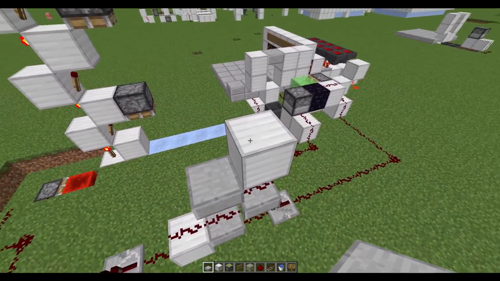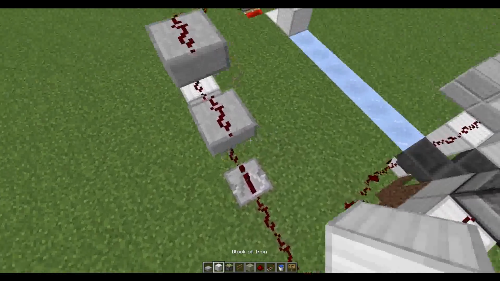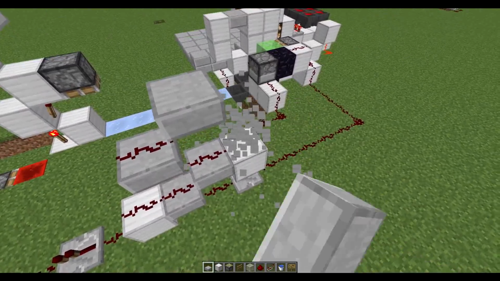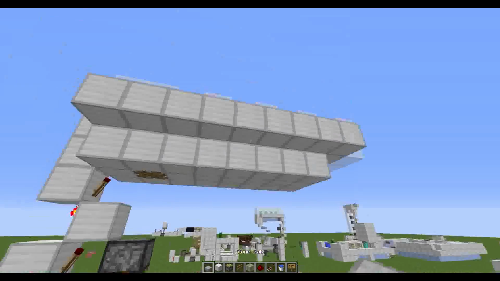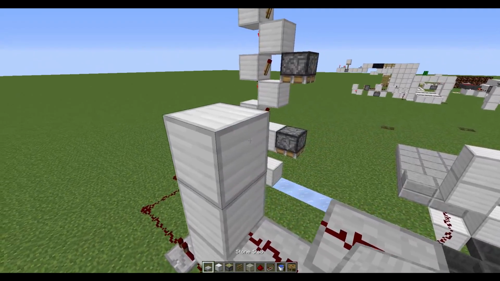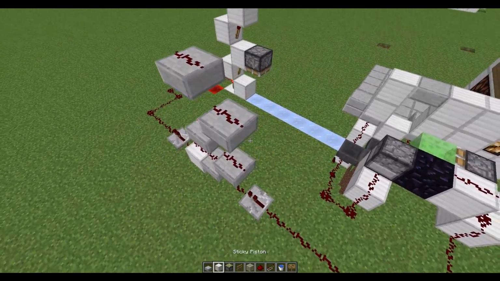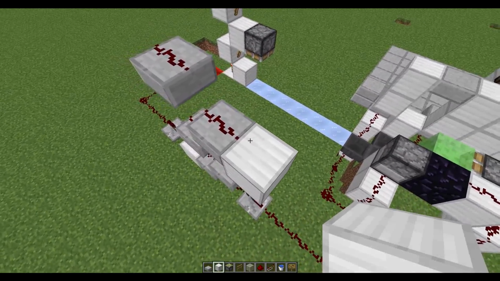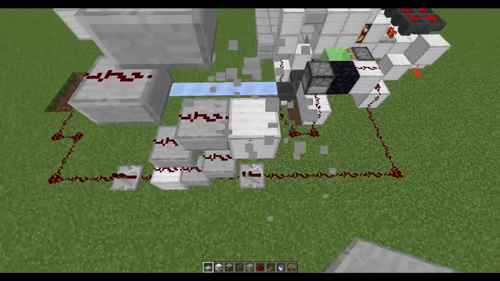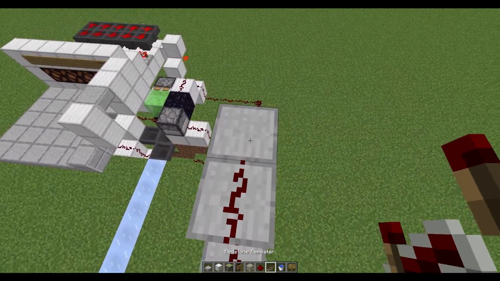Oops. Can be a little bit tricky getting these into place, but it's well worth it, guys. So we're just going to keep cutting back and forth like this, and eventually we're going to have to put some repeaters down. So right about here is a good place to start putting repeaters. So we're going to go one more over, put our piece of redstone dust, repeater,